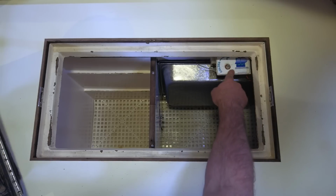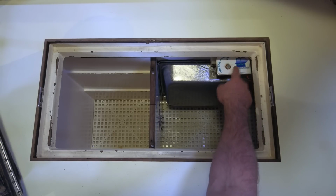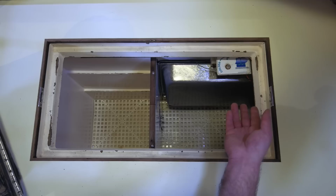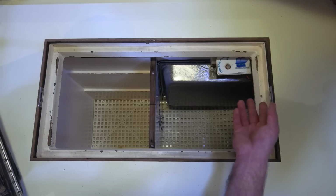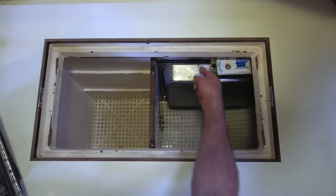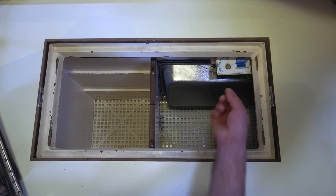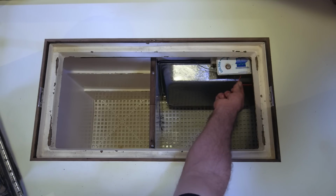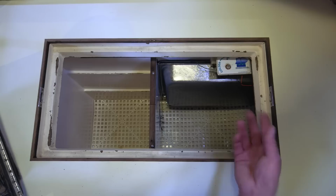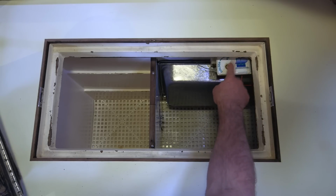This is the original thermostat. Somewhere along the line I lost the white knob that turned this post to set the desired temperature. The thermostat is connected to this sensing tube, which you insert in this little copper pipe welded into the holding plate. The thermostat also has these two wires which go to the compressor. As you can see, after 11 years of use, the thermostat has gotten a little bit crusty,